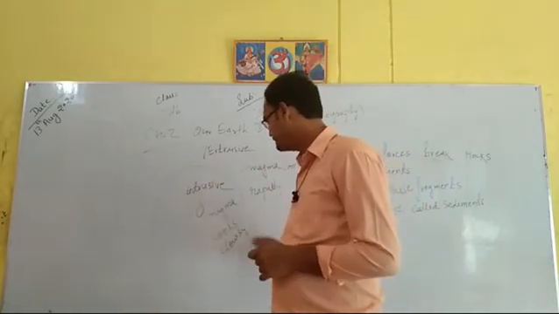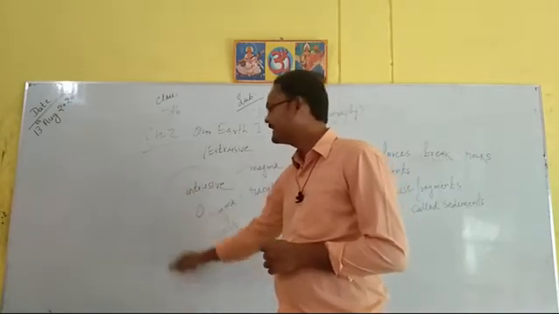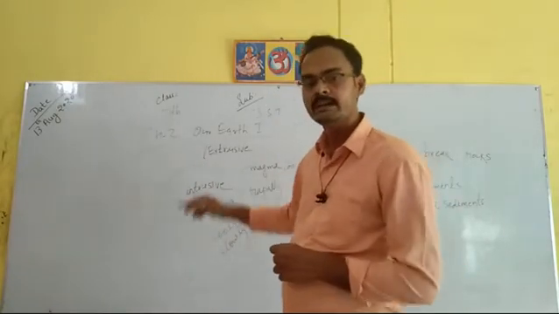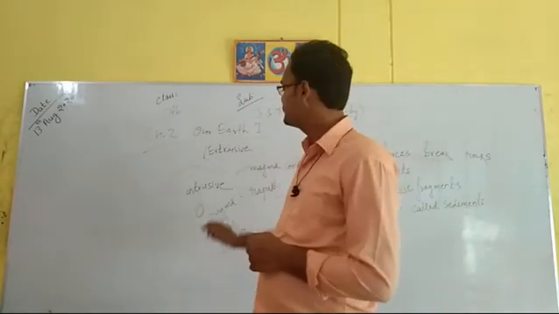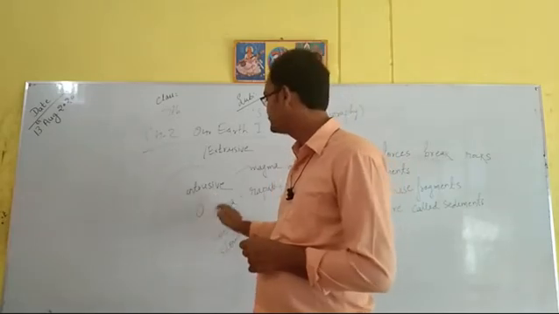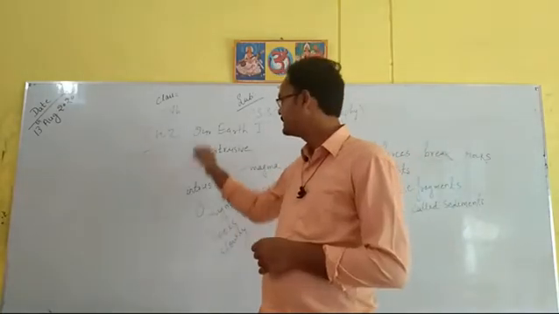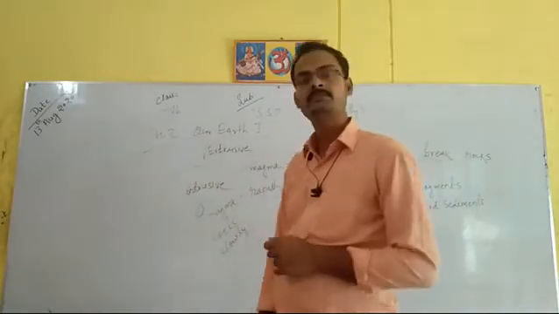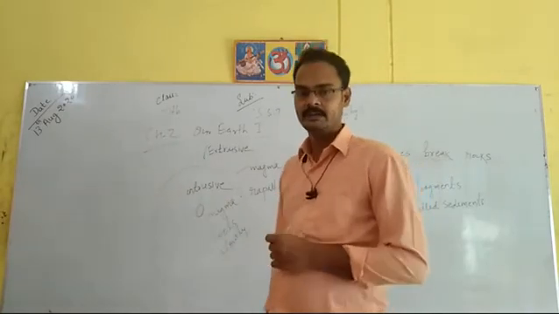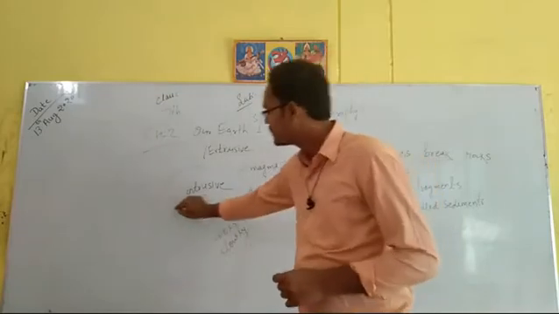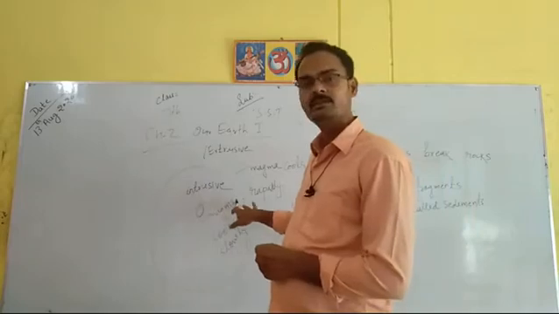But on the inner side, if we see intrusive igneous rocks, the inner side is hotter than the outer side because the volcanic eruption started here. So that's why the cooling process of these rocks is slow. They are hotter compared to the outer side, the extrusive igneous. That's why it cools slowly. It takes more time, and by that the rocks are of larger size in intrusive igneous rocks.